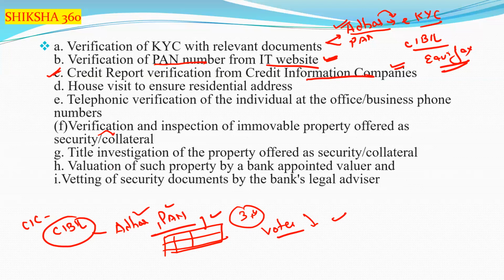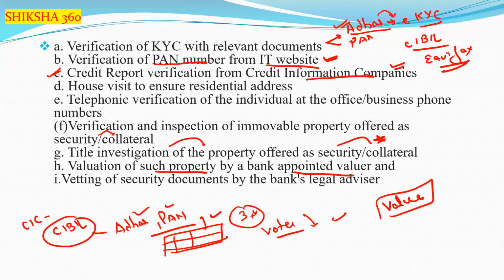Next is title investigation of the property offered as security or collateral. Then valuation of such property by a bank appointed valuer, because every bank has a designated valuer. So you have to take a valuation of that property. For example, if we are giving a housing loan,